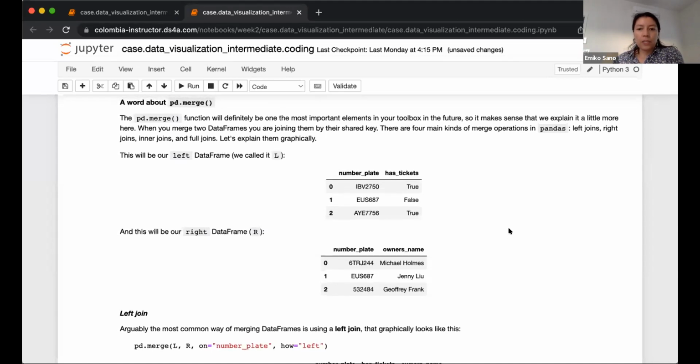Somebody mentioned, what is the default? So pd.merge in pandas will join things. The default is inner join. Okay, so the format is,